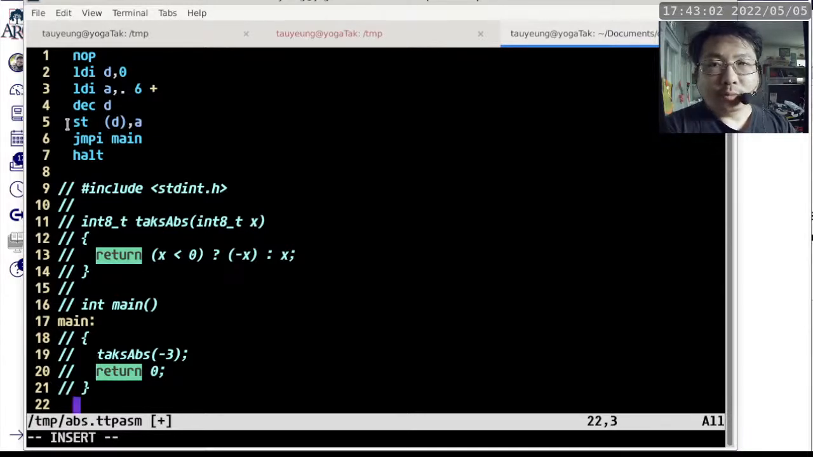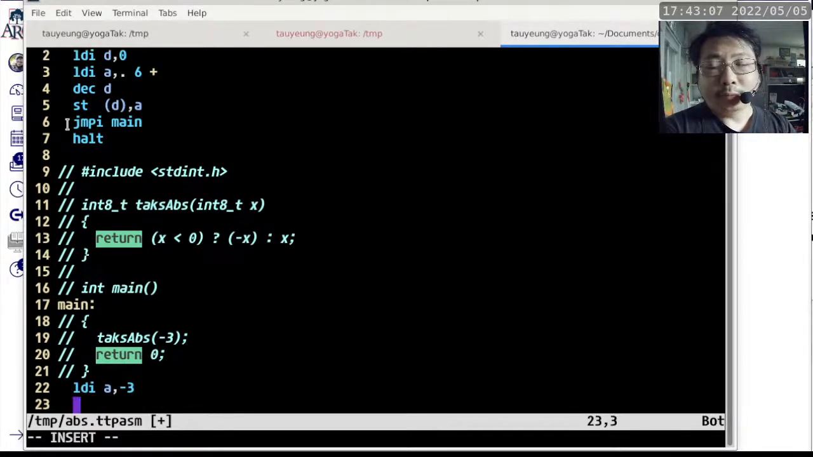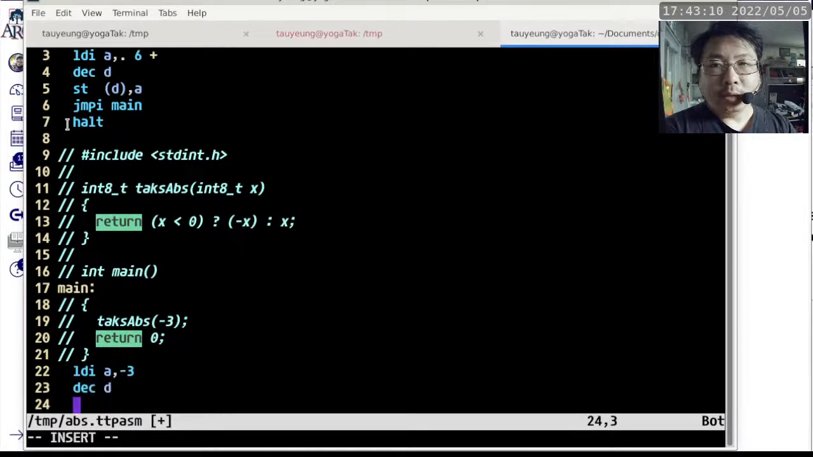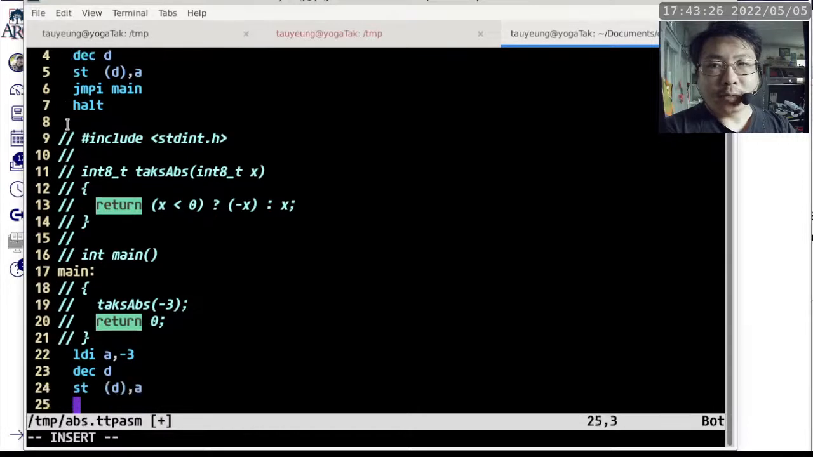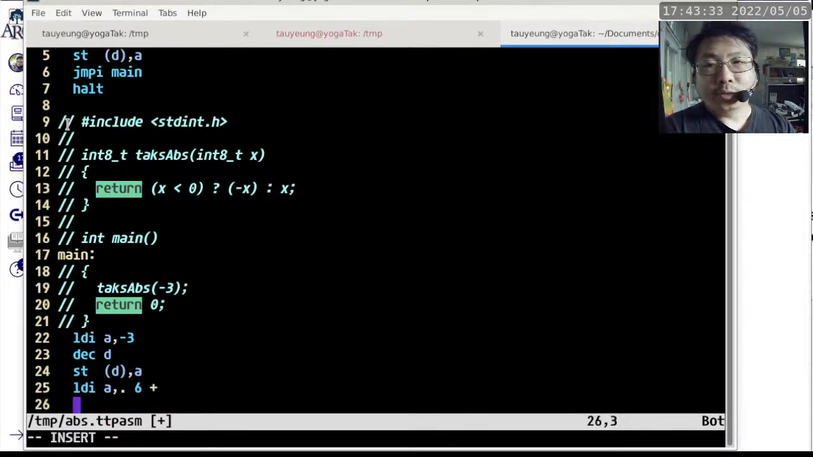So there we go. We are going to do a LDIA with -3. That's the value that we need to push on the stack. Decrement D to allocate the space on the stack that we need to push the argument. STDA, that finishes the pushing of the -3 as the argument to text ABS. And then we set up the return address, which is LDIA .6+. Once again, the notation of .6+, you should probably understand it now, because